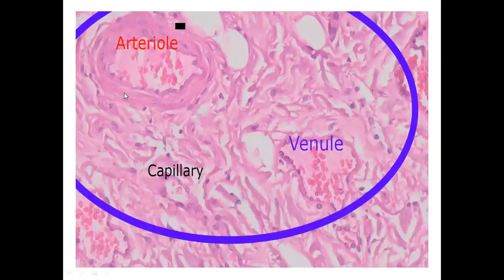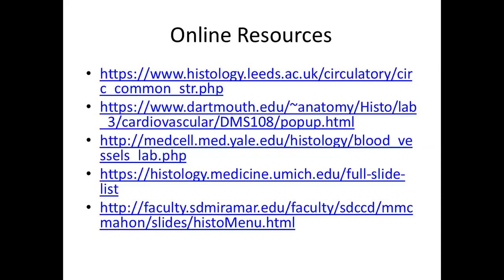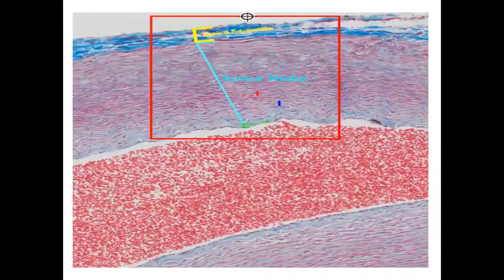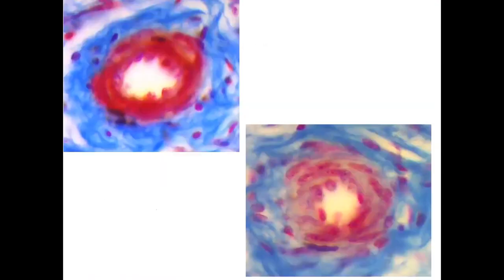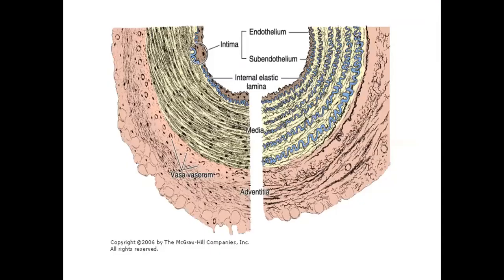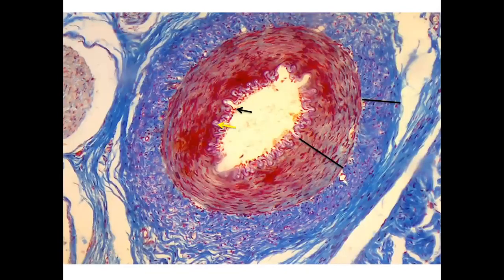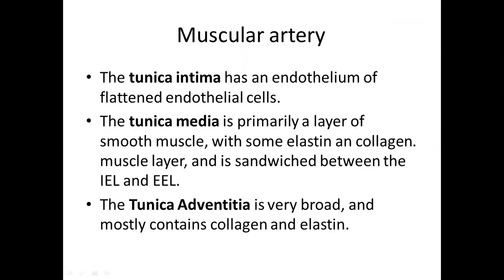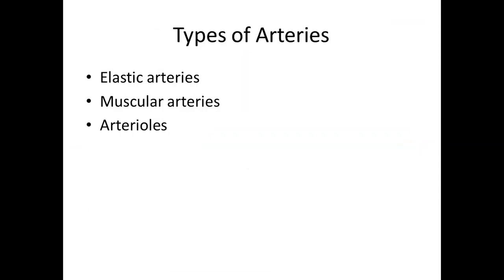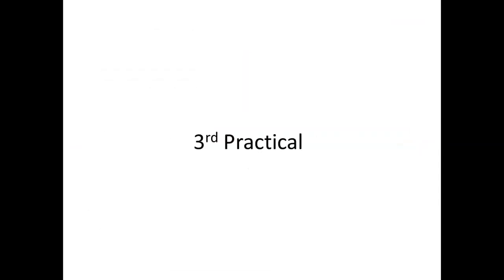I will try to locate some other one as well. They are present in your worksheet. Very clear-cut demarcation. So with this, we are finished with this second practical. Oh, located here. Just look at this tunica adventitia. These blood vessels are vasa vasorum. I was trying to give you a real micrographic example, so I found it. With this, we finish this video.